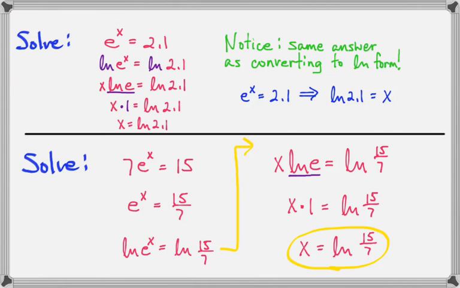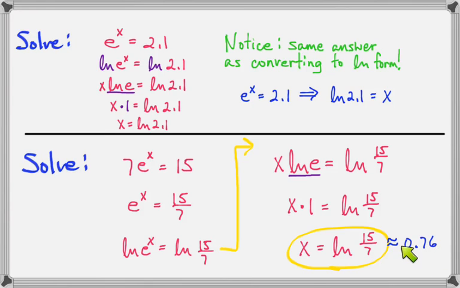And there you have it. X equals natural log of 15 over 7. Now, if you actually want to use the calculator to get a decimal approximation here, then this is what you're going to do. You're going to punch natural log, and it'll open up parentheses for you, and then you go 15 over 7, see, because that's all one argument, and then you close the parentheses and press equal, and you'll see that that's